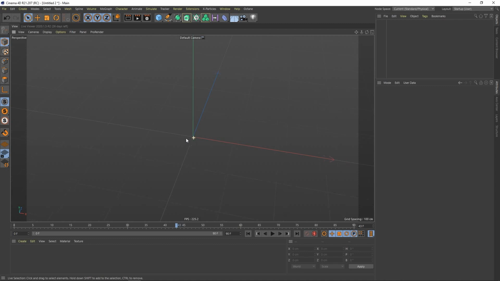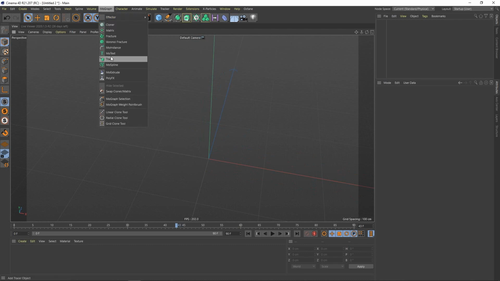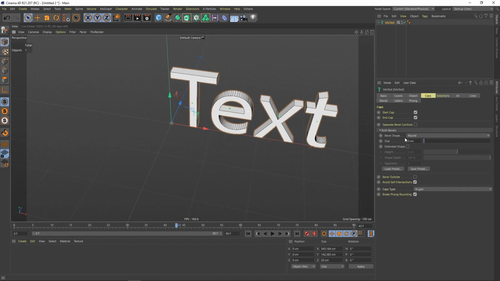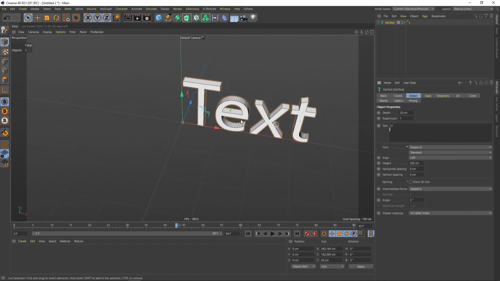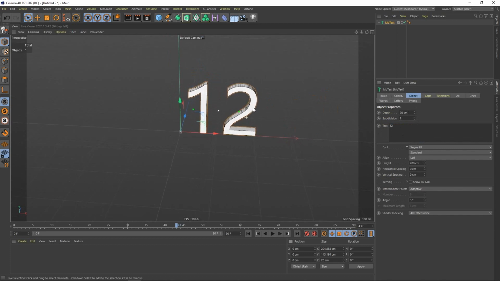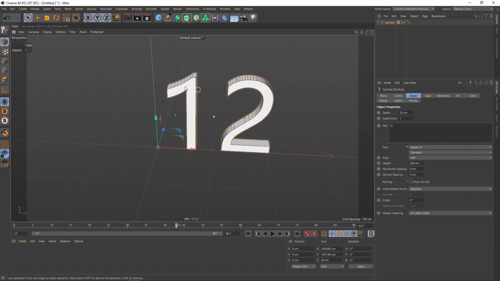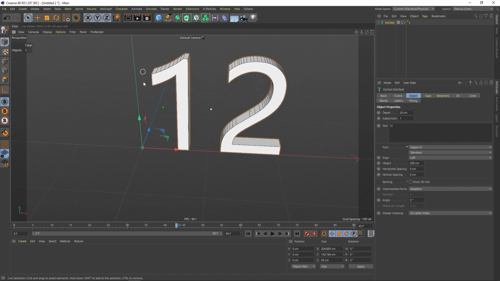All right, guys, finally we are in Cinema 4D, nice and fresh here, beautiful, up for a good start. So how about we grab something like a text object? Okay, so I said I want to fill up the number 12. Which basically will be 2 simulations, since you need an emitter in both of these enclosed bodies, then fill